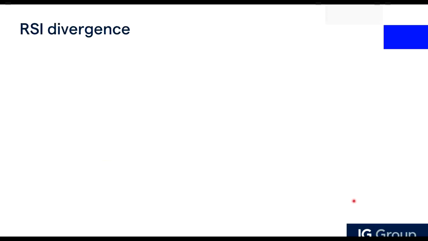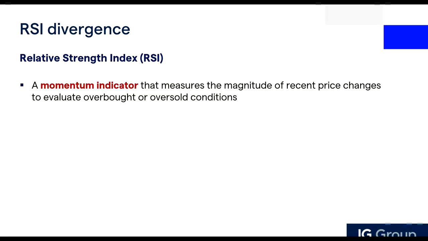Okay, so the next way that we can spot potential trend reversals, and this is one of the more popular ways, is to use this indicator called RSI. RSI means the relative strength index, and this indicator is actually a momentum indicator. What it measures is the change in the price in a given period. When you add this indicator into the trading platform, if you are trading with the other IG offices, you will be able to see this indicator as well. So it's not just from the IG Singapore side.